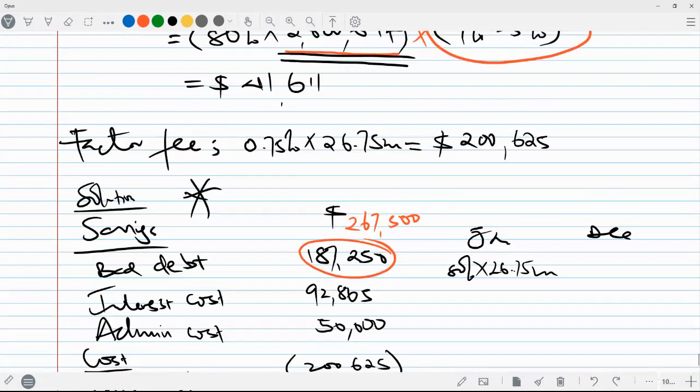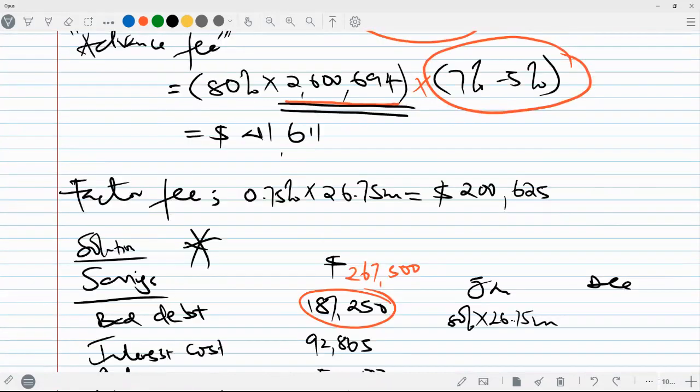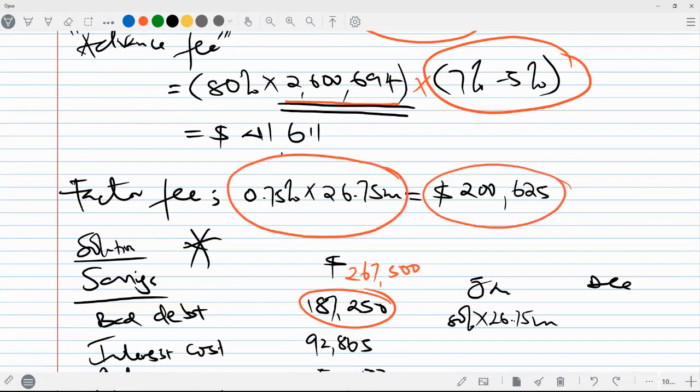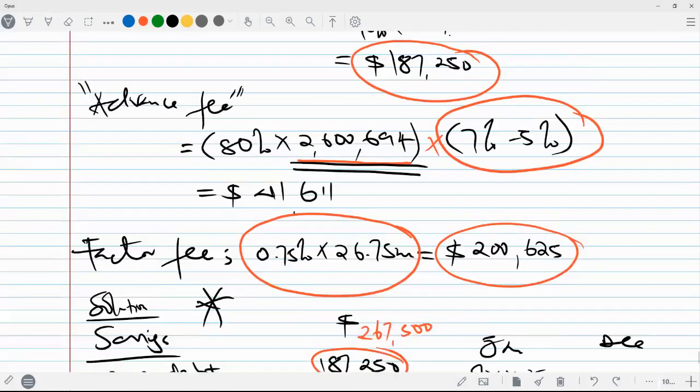The only difference is that, in Excel, you just need to feed in this formula, and Excel is going to give you this output. I'll show you later on how to do it. There's no difference here. You don't need to feed it like the calculator, you just use equals. In Excel, equals 0.75 times 26.5. That is it. Just enter, and it gives you this answer. So in Excel, this should be much easier and very quick. However, all the work we have done here, the examiner should see it.